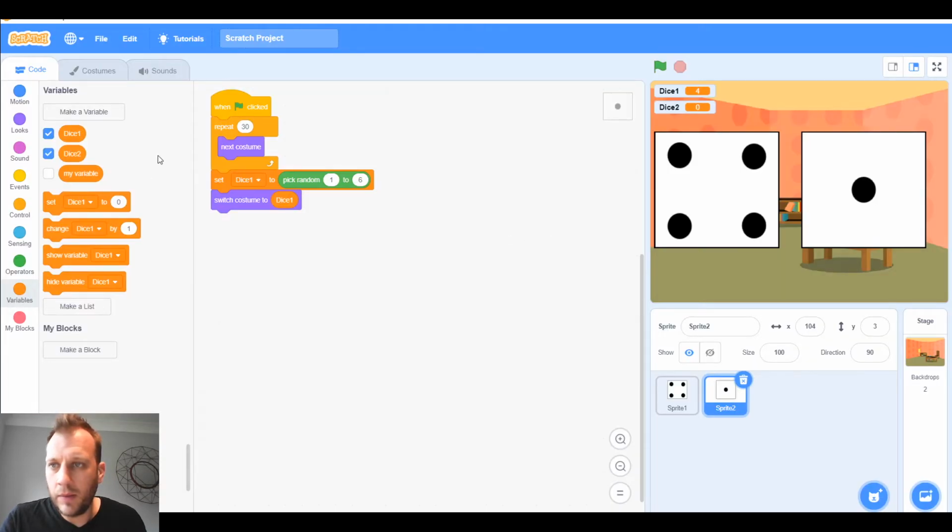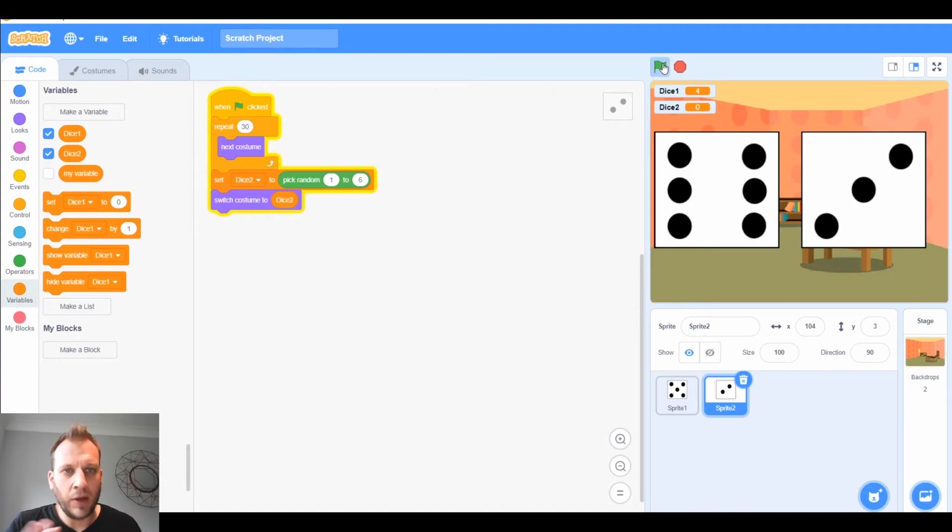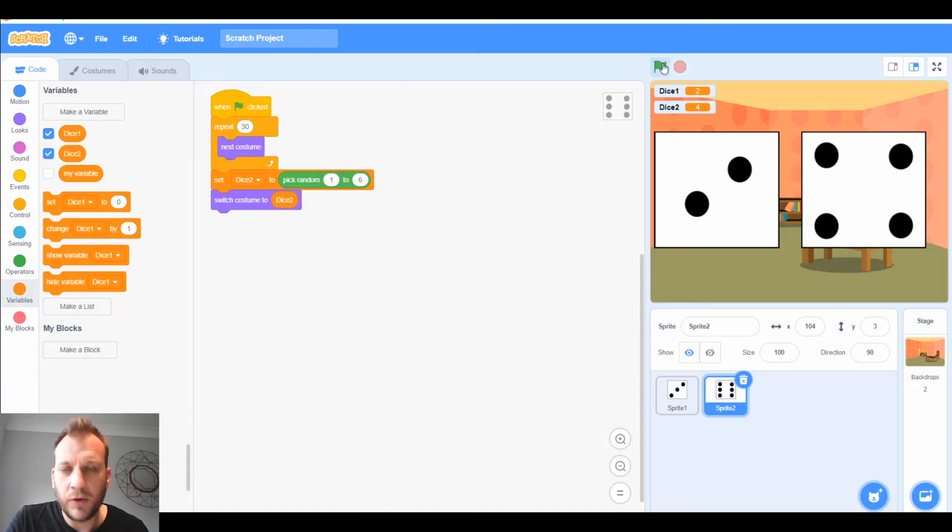Okay, and then we're going to drop dice 2 into there, and we're going to set dice 2 to a different random number. Okay, let's roll again, let's check it's still working. So I've got 2 and 4. Right, so